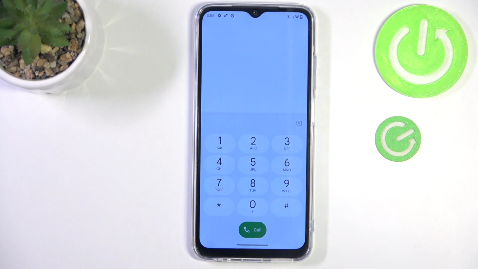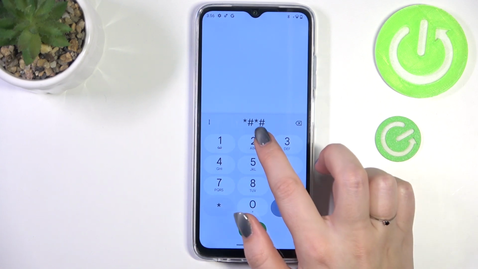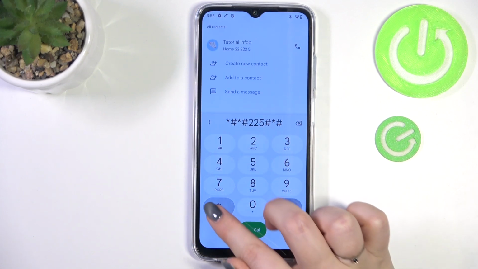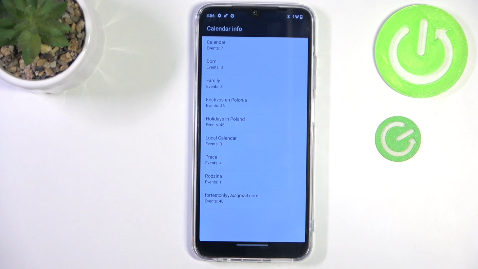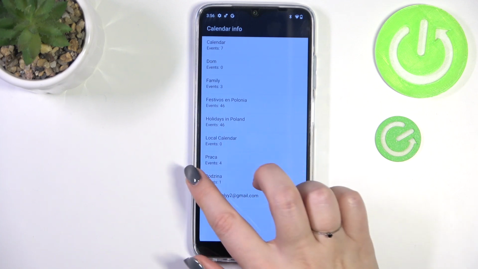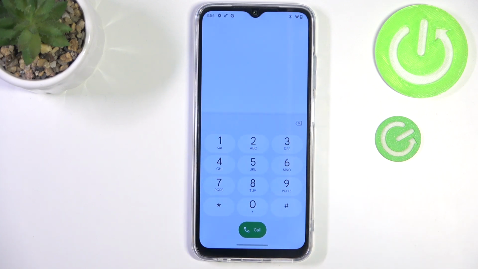And now another code, which is *#225#*#. So here we've got the calendar info. You can check the events which are gathered in one place. You can check some family events, holidays in your country, or events attached to your mail. Let's go back and another code, which is